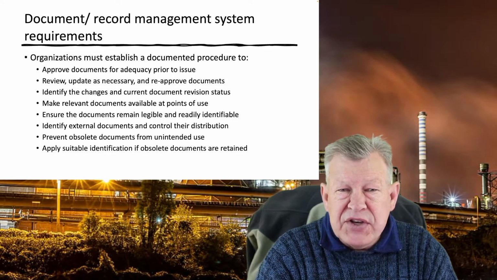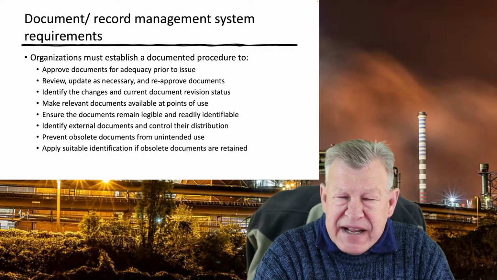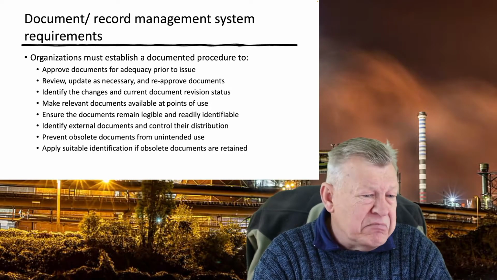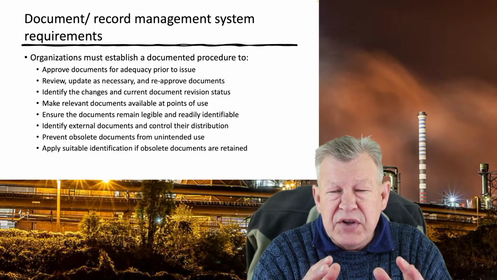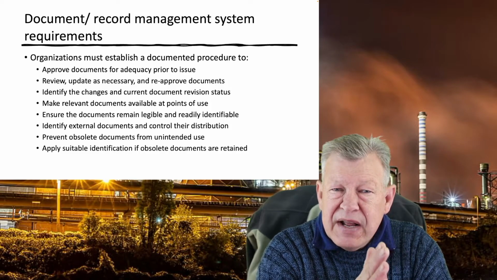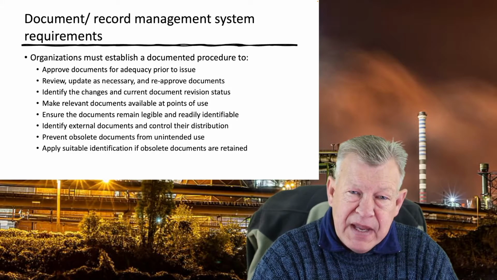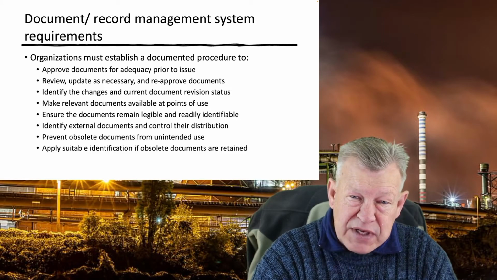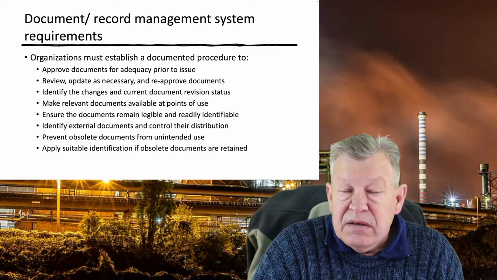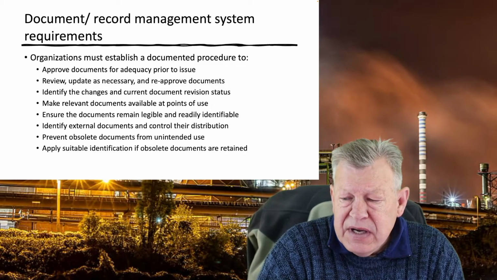So checklists and inspections and attendance registers and whatever document you're going to use must be clearly marked. It must clearly indicate what the document is and what version it is, what date it was, and whether it was approved or not. Like I said, you need to identify external documentation